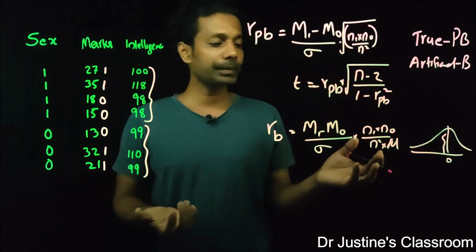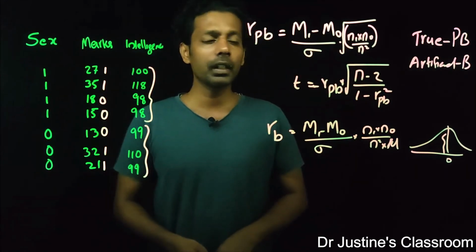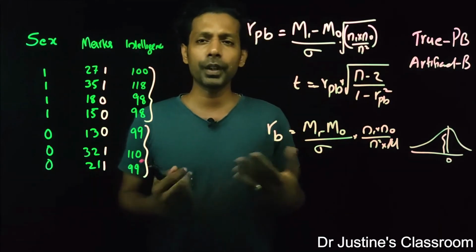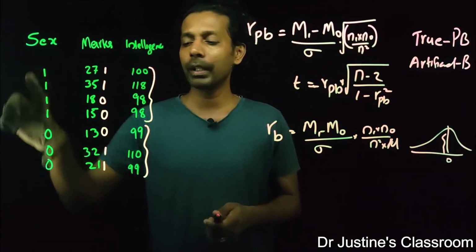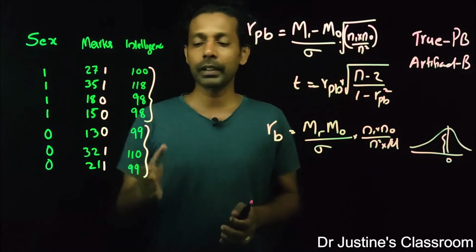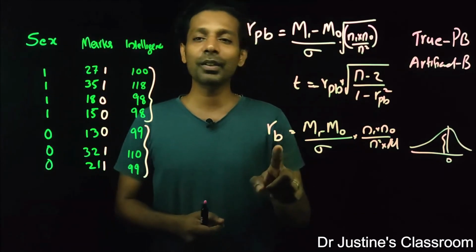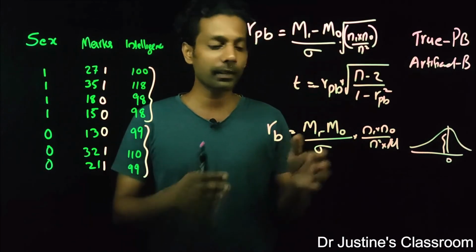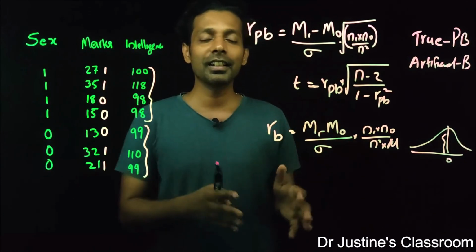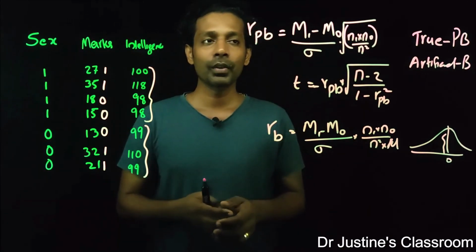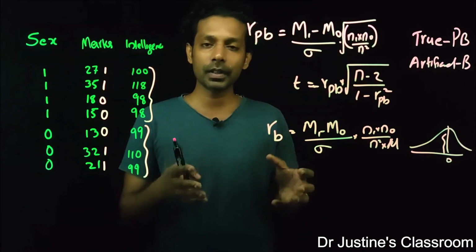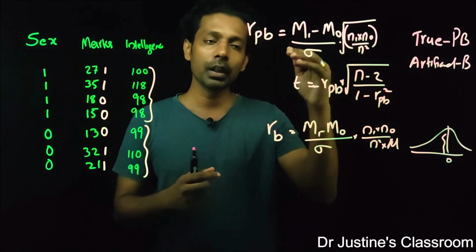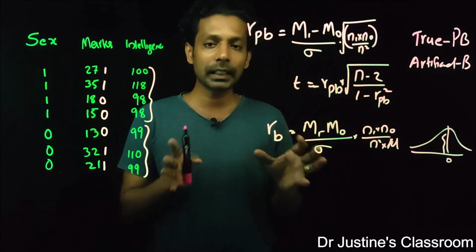So what's the application of this one? The point biserial correlation is very commonly used when you have nominal data and continuous data. But this biserial correlation is used when, generally in the NET exam, this particular question is very frequently used in scale construction. So in the scale construction procedure, there's a situation where you divide the entire sample into two categories, 27% upper group and 27% lower group. There's a method in which we do that.